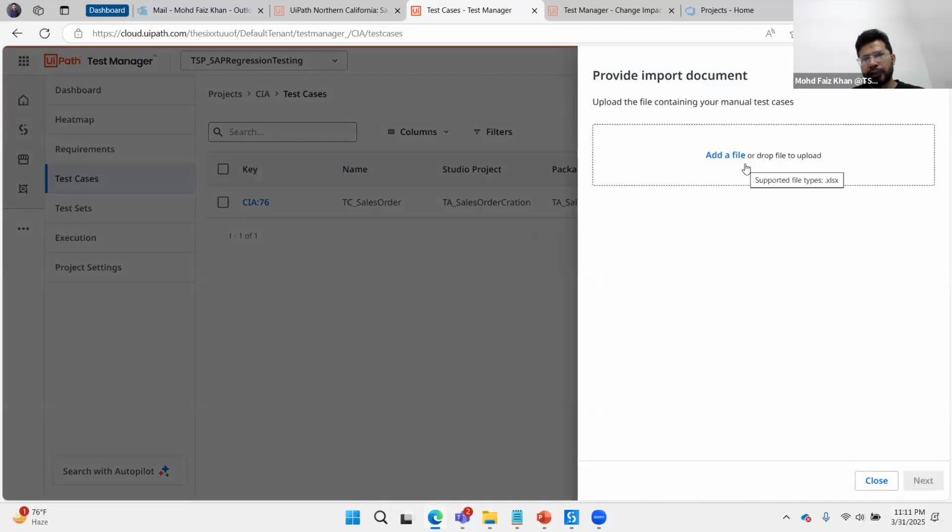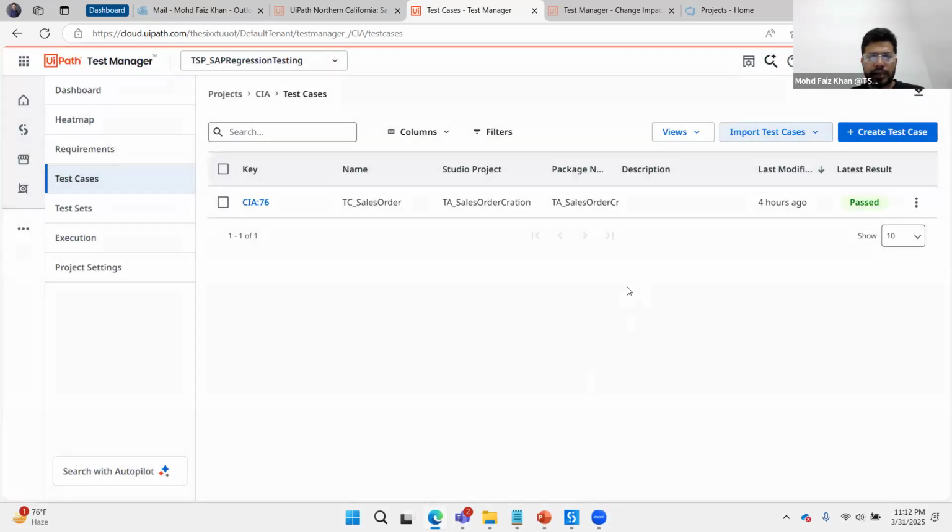You can upload your Excel file, maybe you are exporting some requirements from any of the ALM tools, and you can upload your Excel file here, and you can pass a prompt, and Autopilot creates all the test cases by navigating through your Excel file and the prompt you have passed. It will create all the test cases here, and you can edit the test cases if they are not correct as per your requirement. So I have created this test case for sales order creation,